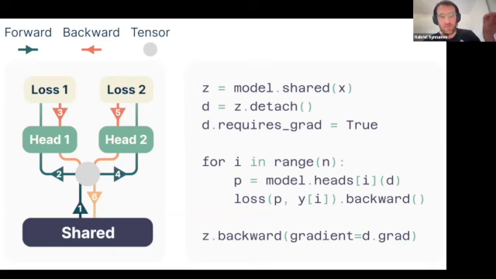This way autograd doesn't need to keep the activations, because once we have computed the gradients, we can remove the activations, and we just accumulate the gradients into Z, which is the shared model, where the bulk of the weights are. Remember, it's only at the last layer that we do that, so all of the weights are in shared, and we loop over those heads. We accumulate the gradient in shared, and we need exactly the same memory as if we were doing single token prediction.